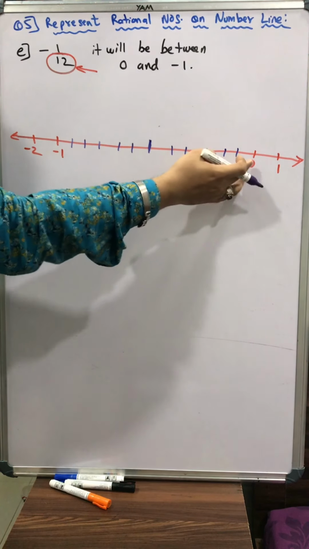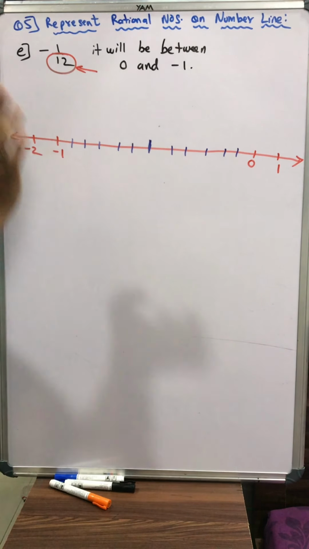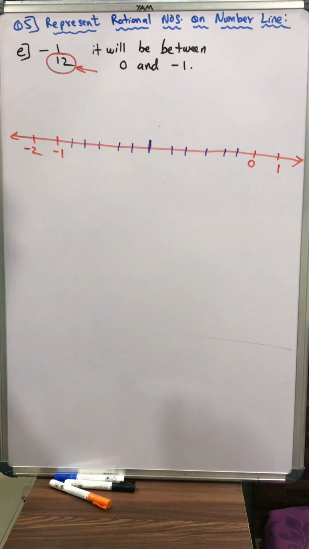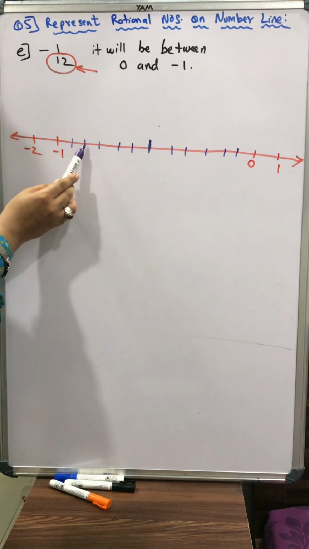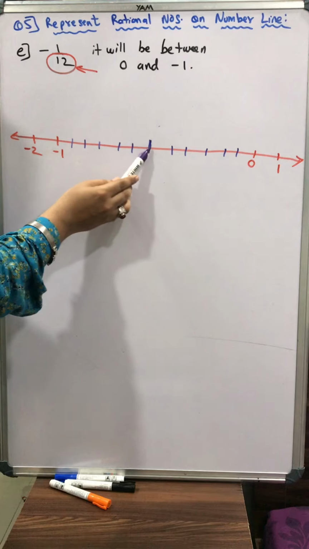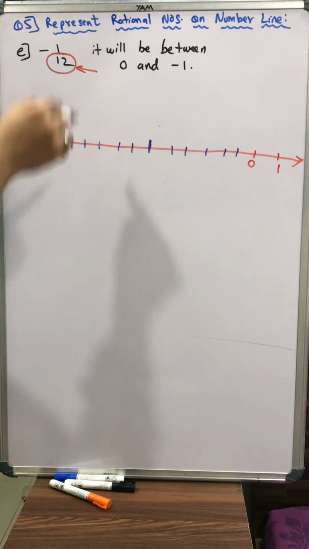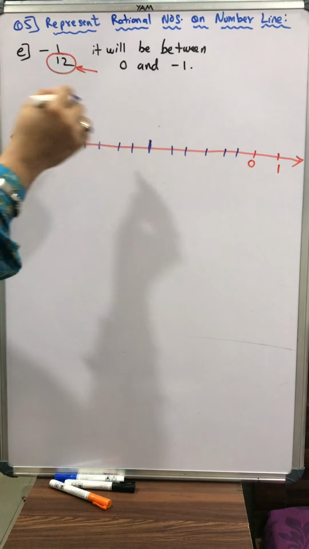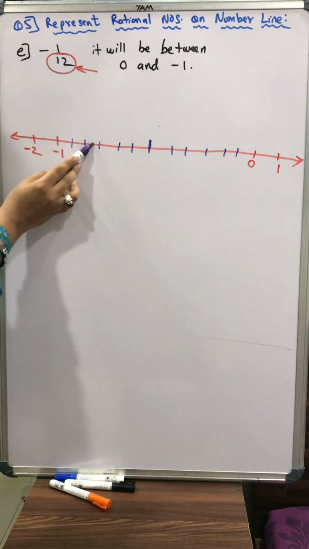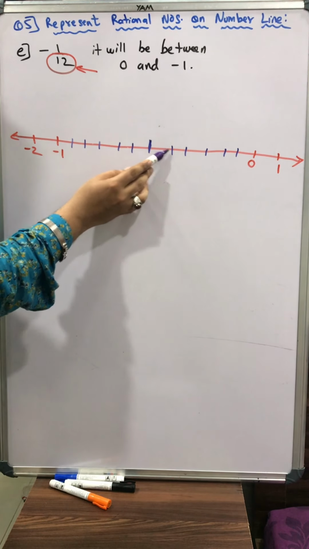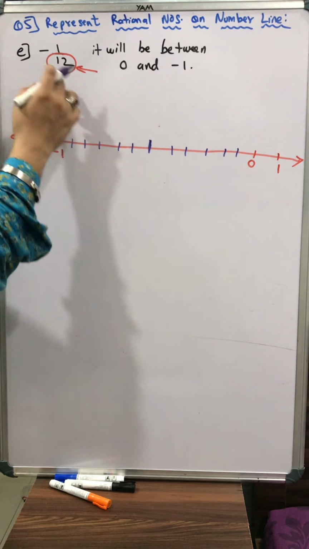In short, between 0 and -1, you should have 11 strokes to get 12 equal parts. That's it. See, let's count. 1, 2, first stroke, second stroke, third, fourth, fifth, sixth, seventh, eighth, ninth, 10th, 11th. 11 strokes. Purple colors are the strokes. Okay, so 11 strokes will give me 12 equal parts. Let's count the number of parts. 1, 2, 3, 4, 5, 6, 7, 8, 9, 10, 11, 12. Yes, amazing, amazing. And it's negative now.